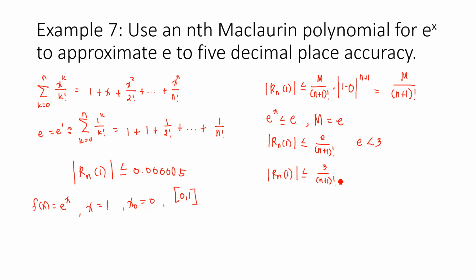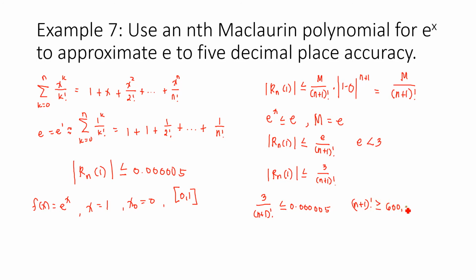Thus, we can achieve the 5 decimal place accuracy by choosing n so that 3 over the quantity n plus 1 factorial is less than or equal to